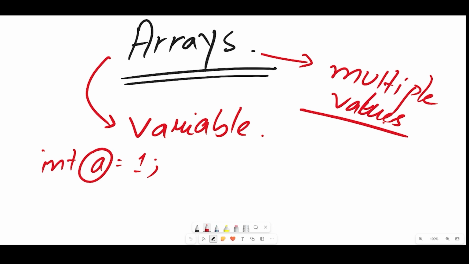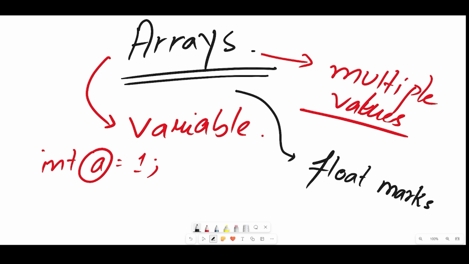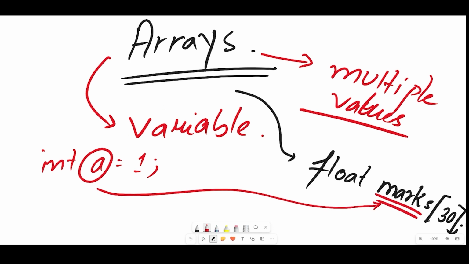So if, as I gave the example of 30 students, let's say we want to store the marks of all the 30 students. So we're going to write float, and I'm going to give a name to the array, marks. And once we have done that, we give a square bracket like this, and I will write 30 inside it and give a semicolon. So in this array, the name of the array is marks, which is the name of the variable. So you can relate to a over here. Float is the data type. Here int was the data type. And 30 is the amount of students that can be present in this array. That is the maximum value of 30, which this array can have.